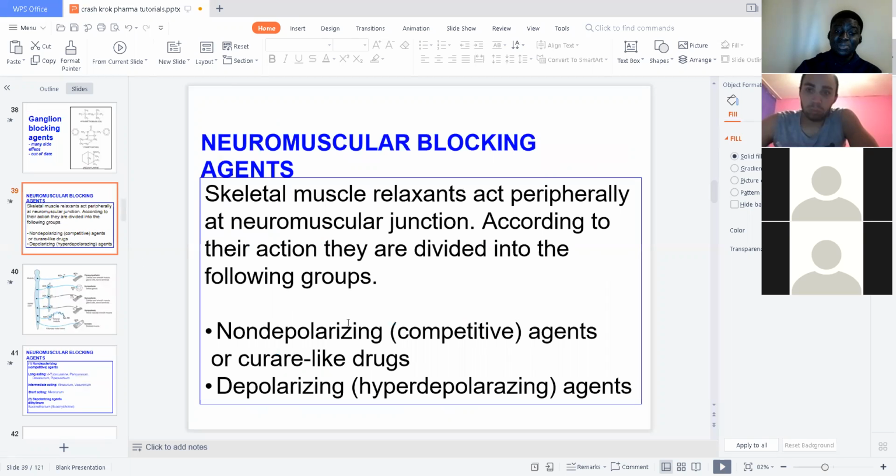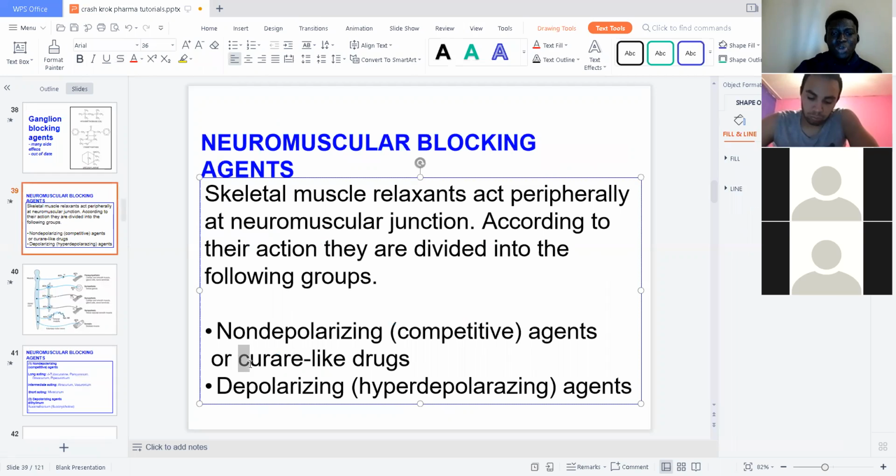Okay, so now let's list some of the neuromuscular blocking drugs. So we have two types. So the non-depolarizing and the depolarizing. So the non-depolarizing are called curare-like drugs. So they are called curare-like drugs